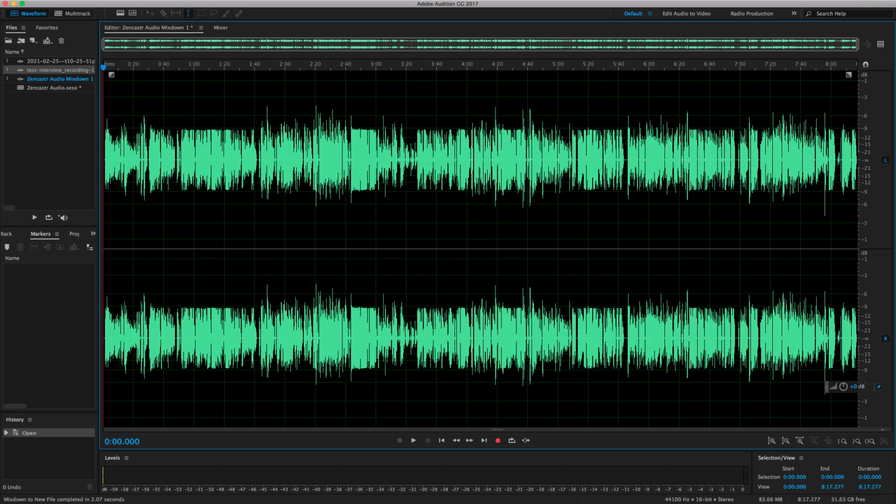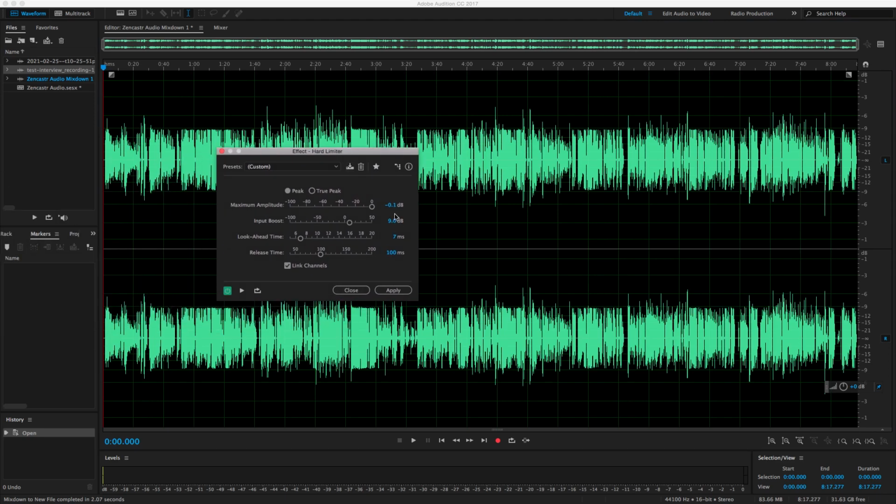I'm going to go hard limiter. You guys can't see this, but I'm going to go effects, hard limiter. I'll bring this in here. I'm going to boost by 9 dB, and I'm going to limit it to -0.1 so it doesn't clip. You could do -0.3,